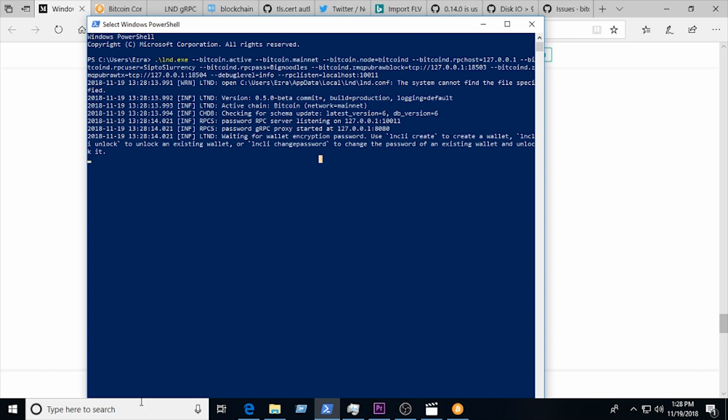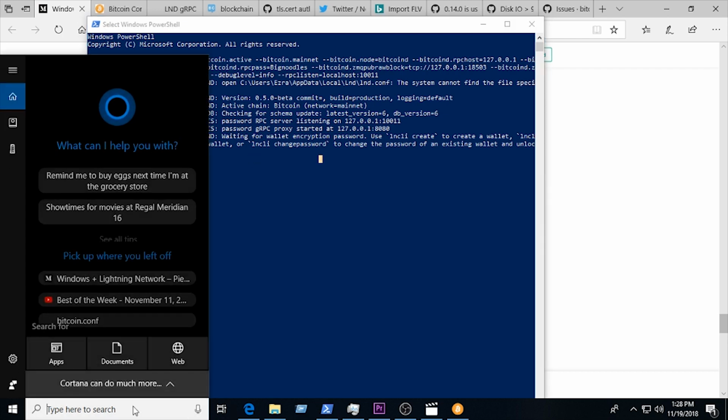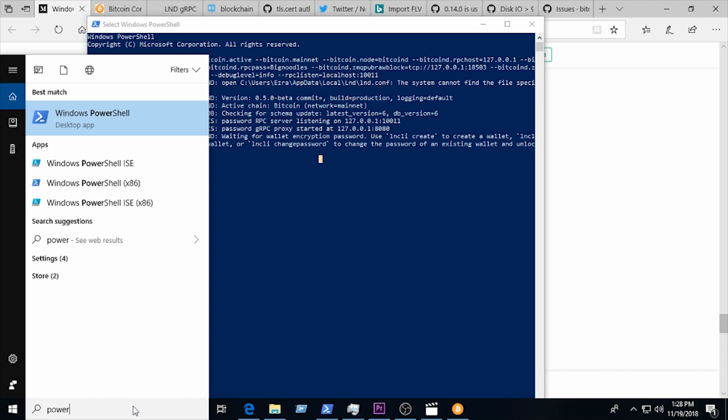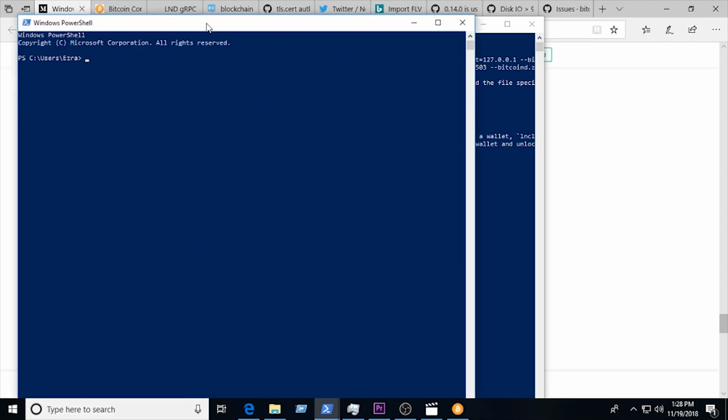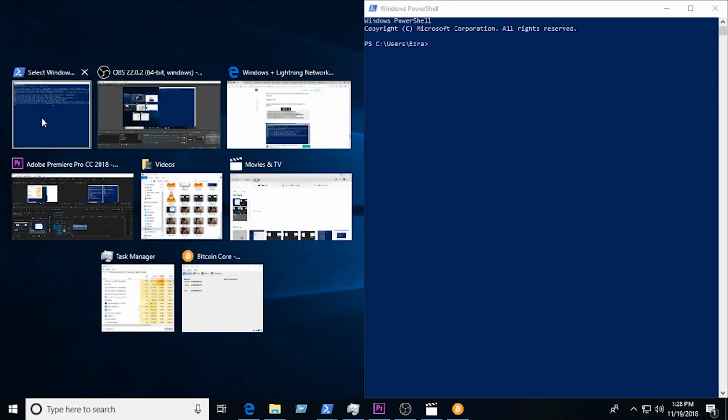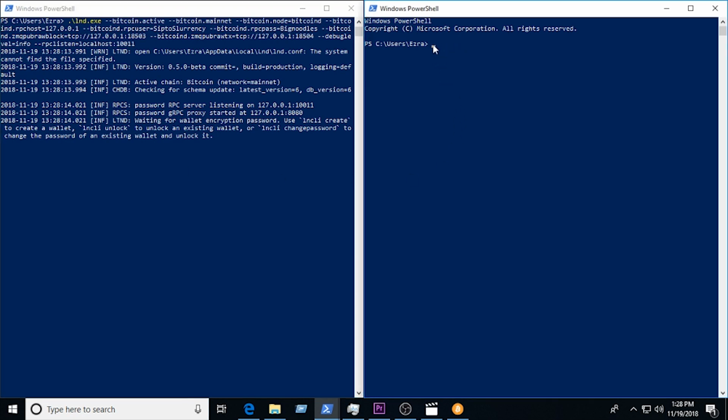If you don't see any errors, perfect, let's move on. So we need to type in PowerShell in the bottom left to open up another instance of PowerShell, and we're going to access our command line interface. So what we need to type is period \, it's not this slash, remember,